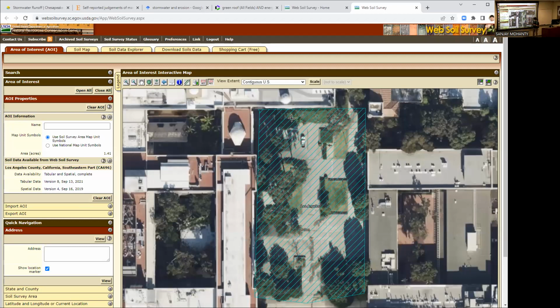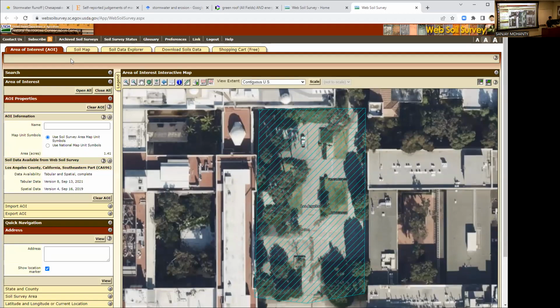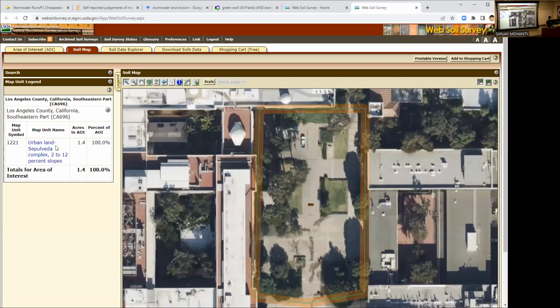It's going to look for all the soil types here. So now on the left side, you see here, the soil map tells you, assign a number. It says 1221. Okay? That's their USGS code. On the left side, it says what that means. It's called Urban land, Tripper Bolder complex, 2 to 12% slope. So it gives you just the overall view.